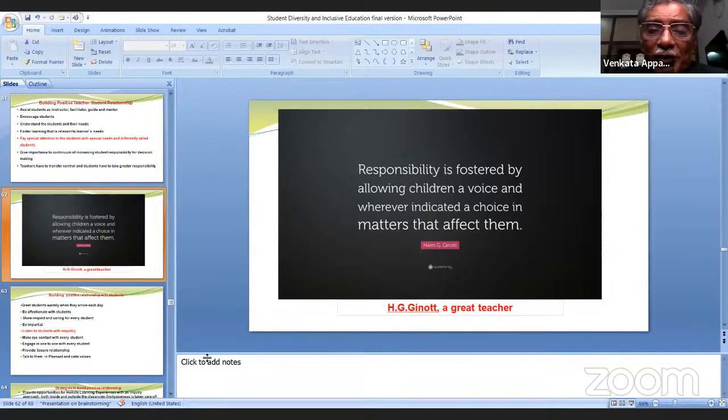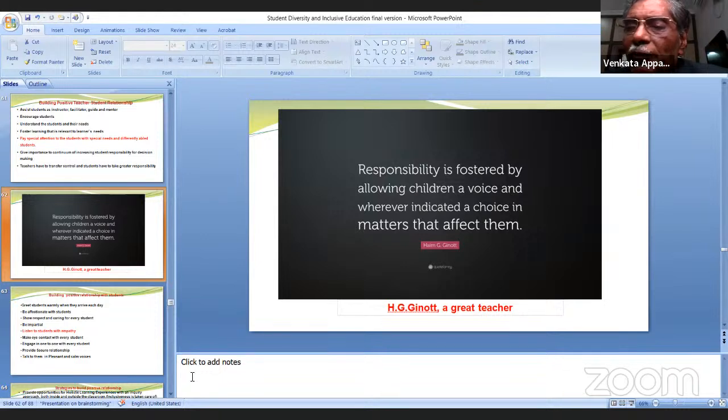Responsibility is fostered by allowing students a voice, very important, and wherever indicated a choice in matters that affect them. That is how the choice-based credit system came about. UGC asked every college to implement the choice-based credit system. A voice